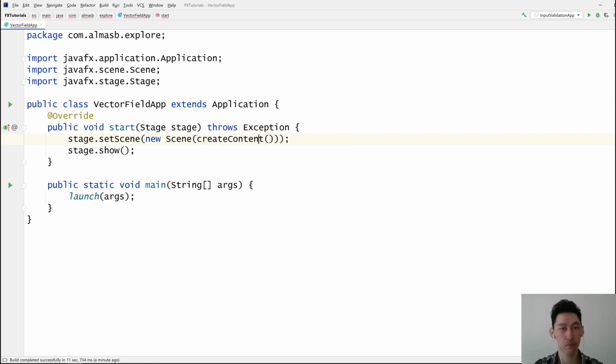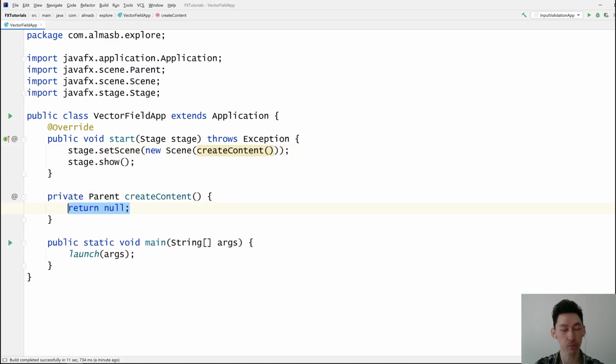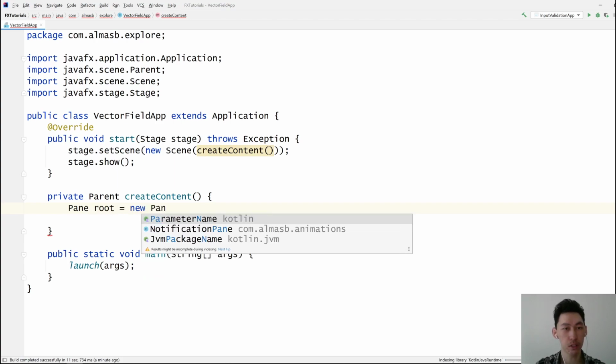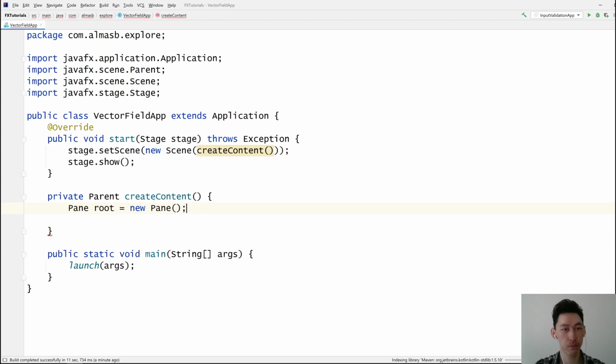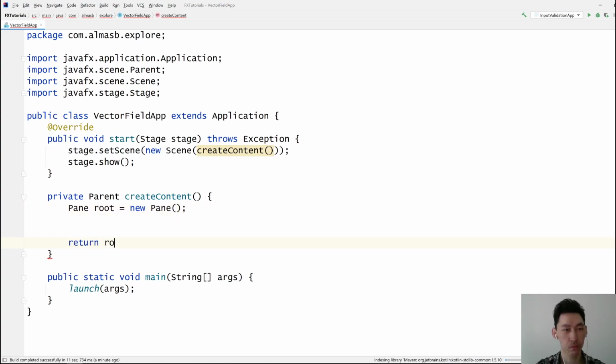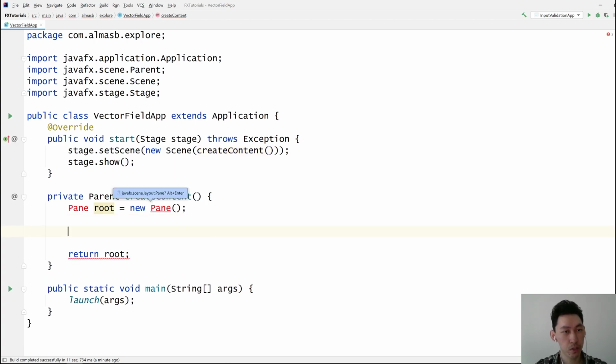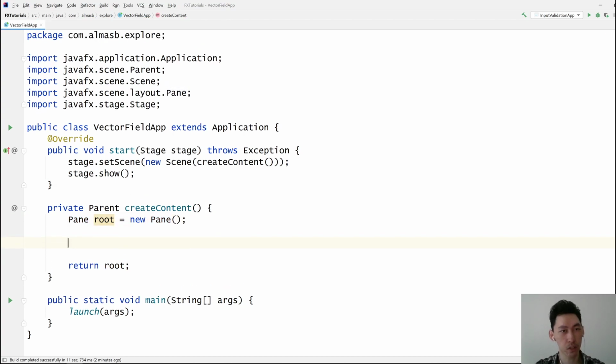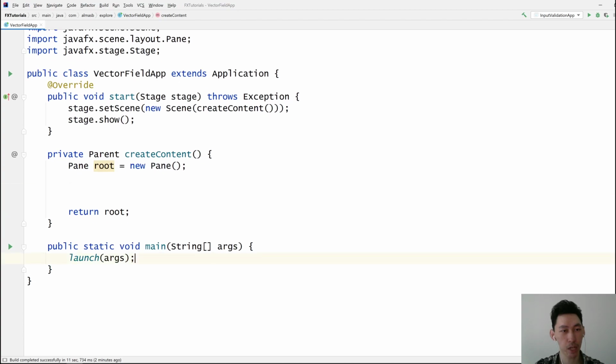Create content. Just use normal pane, I guess. That should do it. For some reason IntelliJ decided to index everything. All right. Routes, yeah, sure, import this, and do we need canvas? I don't think so, because we'll probably add arrows as